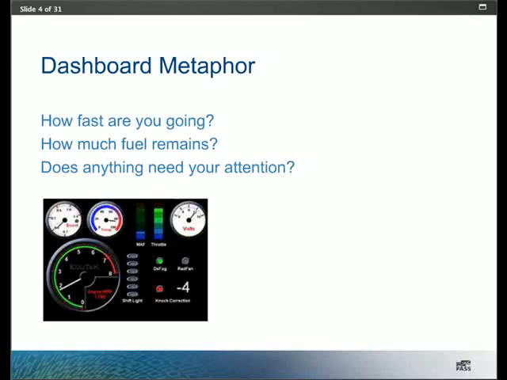Which implies that there's something to compare to. Just as we have a road speed to show whether we're going too fast or slow relative to the speed limit, we typically have performance goals that we can compare to. Are we moving towards those goals at a reasonable pace or too slowly? And with regard to fuel, do we have the resources we need to continue at the pace we're going? And then there's situations that could be classified as an emergency. Something needs to happen right now. And in general, these are the types of things that we find in a car dashboard. Everything we find there has analogous components in our business dashboards.